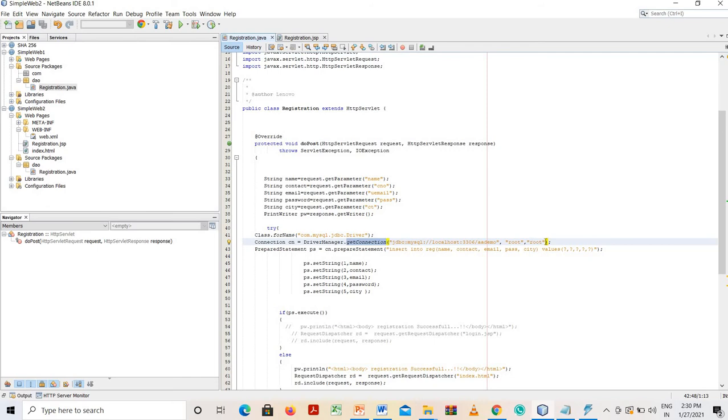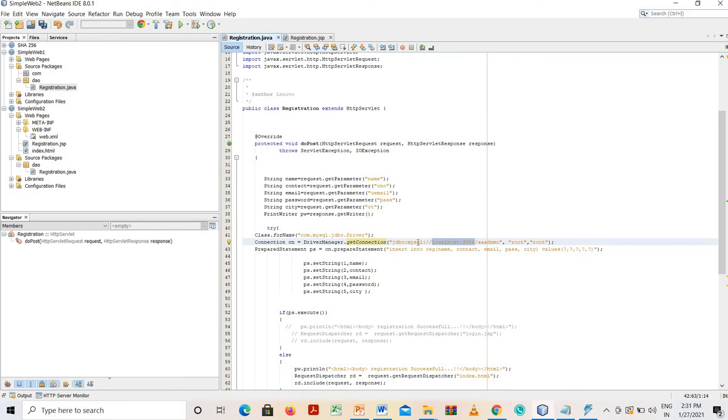Inside this, as I have told you, to establish the connection, first of all, I have to tell the compiler what is the name of that database. This is the name of database. I will give here triple A demo as the name of my database. What is the username and password? Root. Where is that located? That is located at localhost 3306. Port number is 3306. If your port number is 3307, you have to write 3307 here.